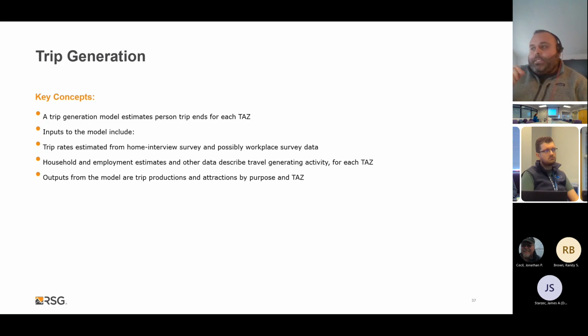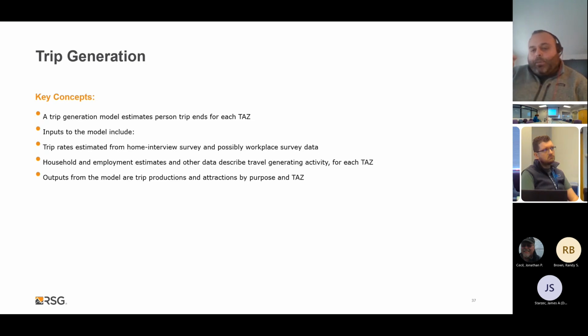So if you just have trips that are segmented by, say, purpose, you're looking at your work trips, your recreational trips, your shopping trips. If you're just stratifying at that level, you won't be able to pull out any of the income-based stratifications later on unless you start looking at income-based stratifications in trip generation. So you have your purposes, and then you can stratify based off income categories, and then you generate the total number of trips. And at this point in the process, we're not looking at the purpose of those trips yet in terms of the mode share.